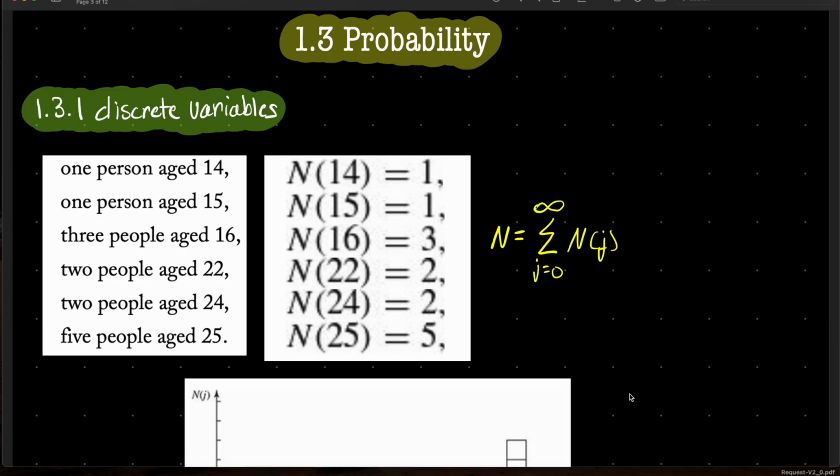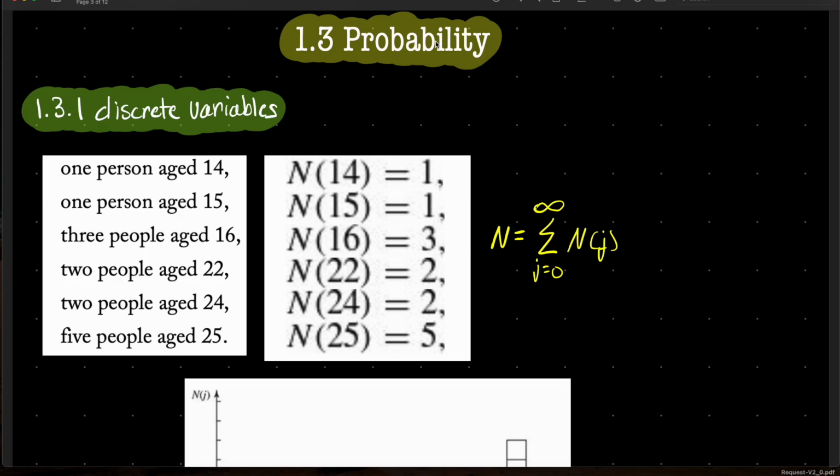Okay, moving on to 1.3, probability. I hate when you're learning about really cool stuff, like quantum mechanics, and we just saw those cool equations earlier, and then we kind of have to go back to basics. So this is a basic statistics section, which I actually struggled the most with. So I guess I really needed this.